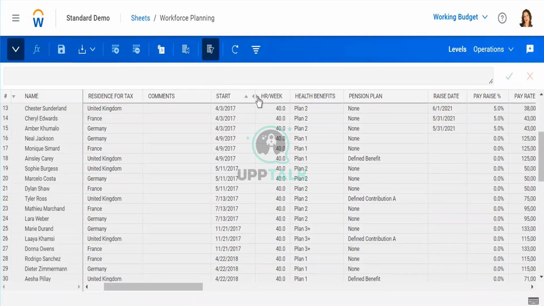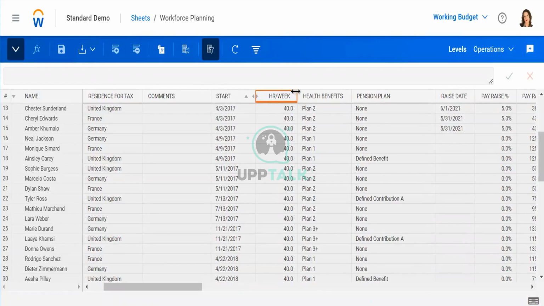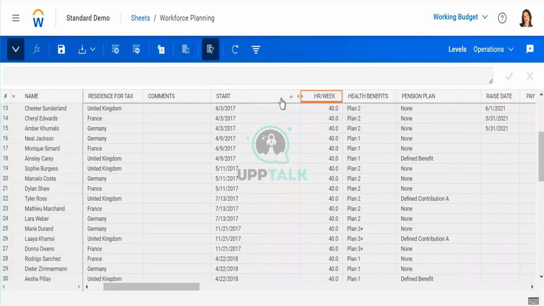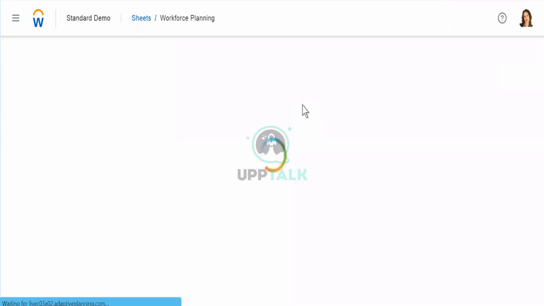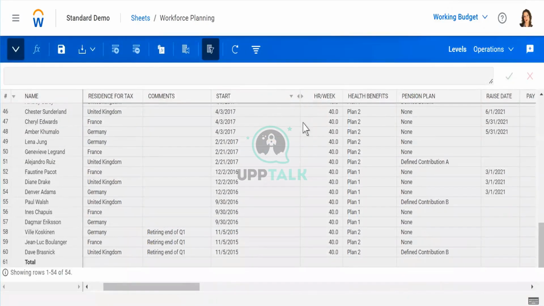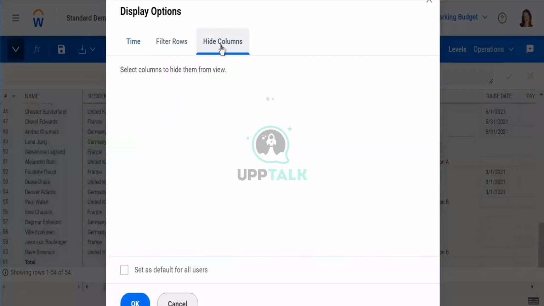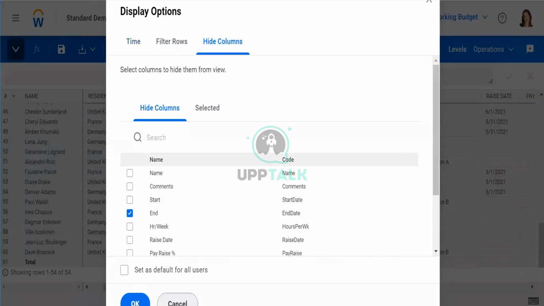In this column, you can see there is one section of hidden columns. If you double click or expand, I wanted to see if that comes up. It's not coming, it's coming. It gives you a feature directly from the sheet also to display the hidden columns. I don't know if it's visible. Otherwise, you just go here, deselect the end column and just save it.